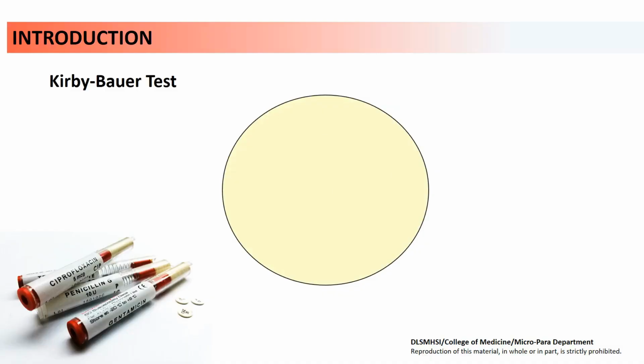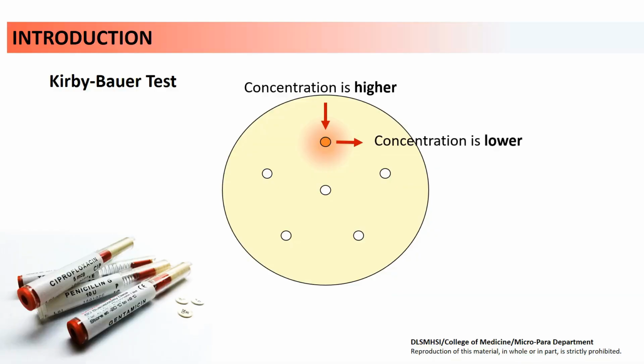Imagine this is your agar plate with your antibiotics. I want you to focus your attention on this particular antibiotic and observe how the concentration from this antibiotic diffuses into the surrounding agar. As you notice, the concentration of the antibiotic is highest right next to the disc, and it falls off in a predictable way as the distance from the disc increases.